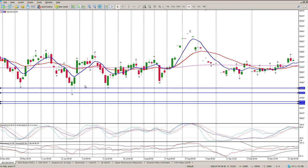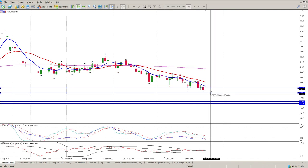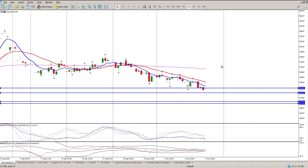We are coming to the bottom of the range, so I am expecting buyers to step in somewhere along the line. You know, the trouble is that these buyers could step in anywhere inside this 1,400 point buffer or zone, not buffer. So that's kind of what I'm looking for. I do suspect us to start finding some ground soon, but